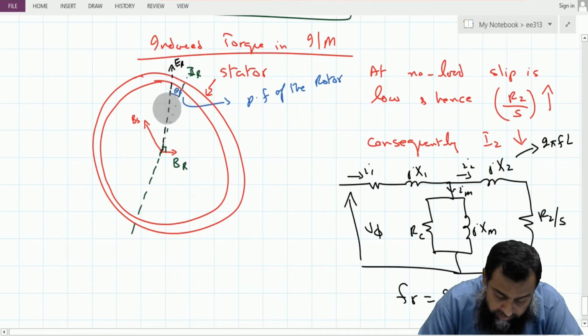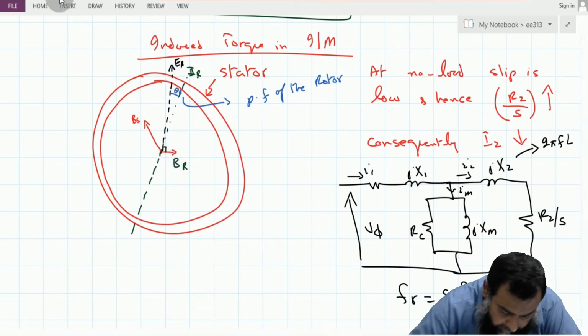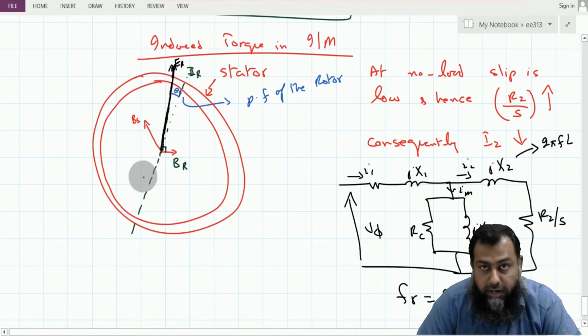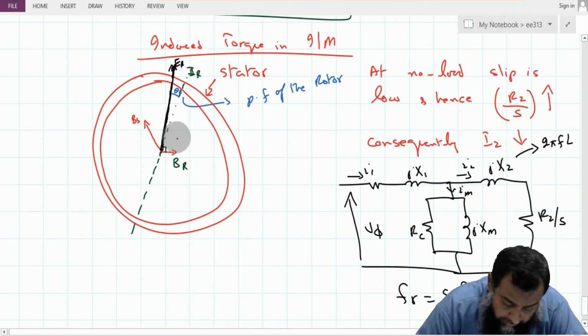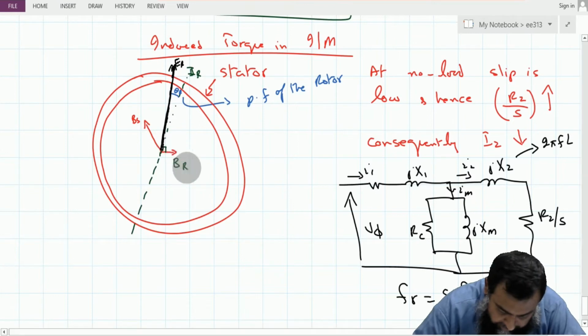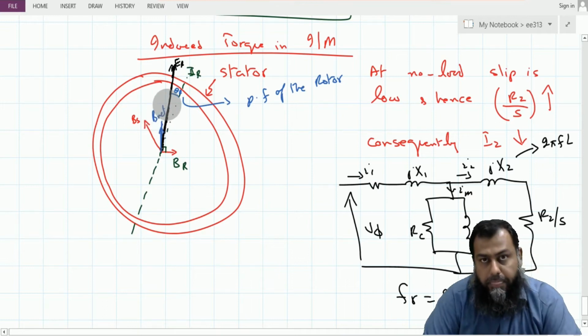So therefore we have this EA, we have this IR, and consequently we have this BR here. Now let me draw it with this solid line here, so that we can differentiate it from the dotted line which corresponds to the IR, or the rotor current. The net magnetic field present in this given circuit is somewhere here. This is the B net, right?